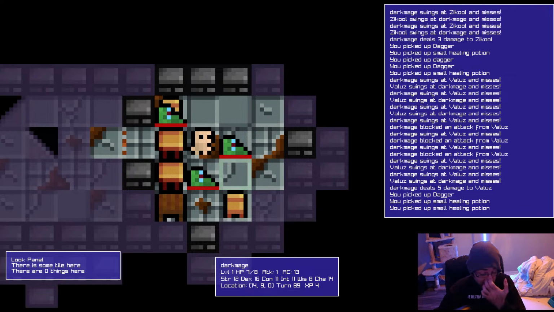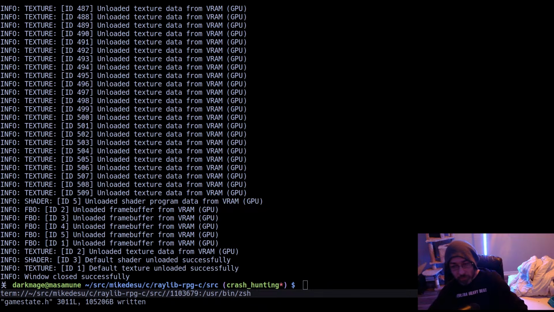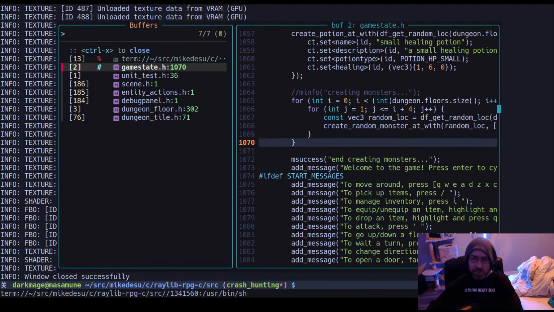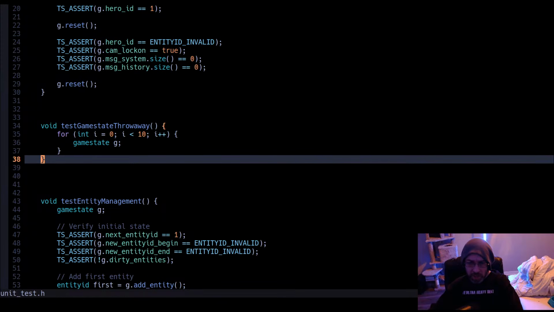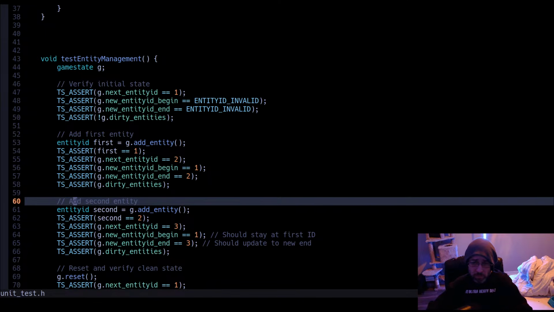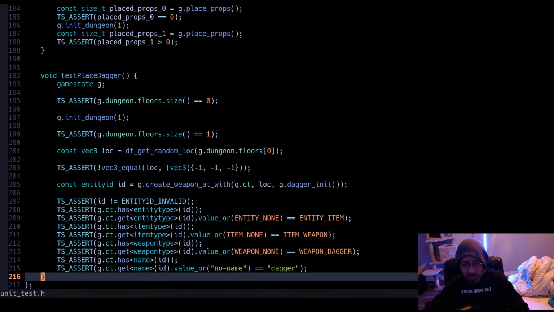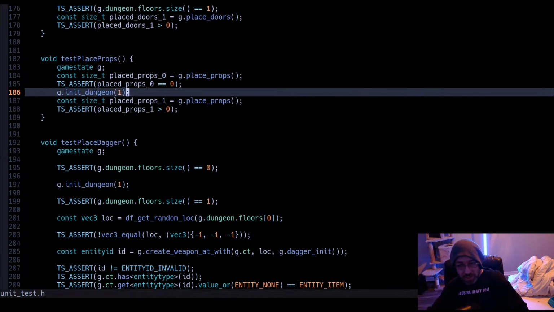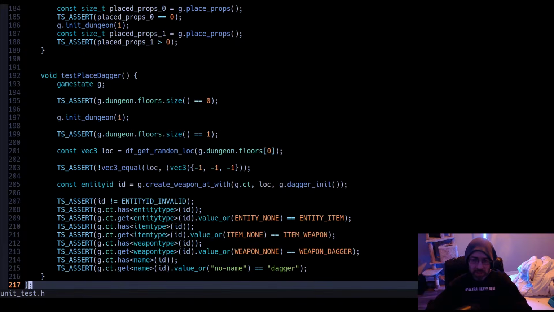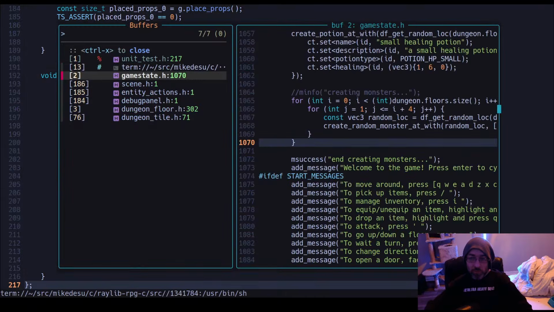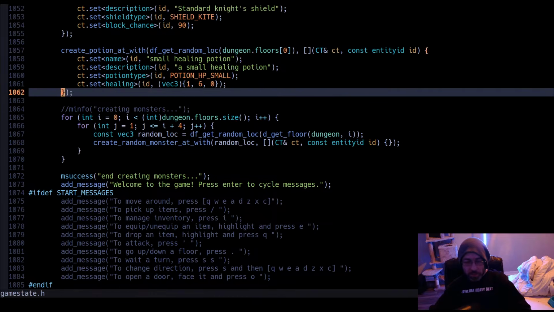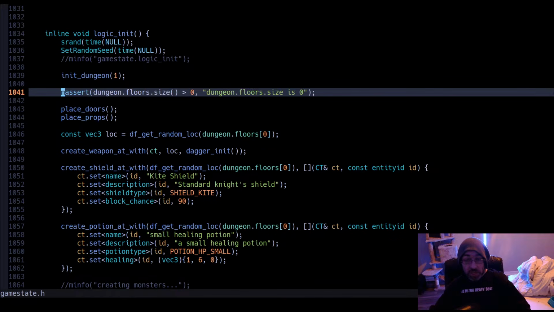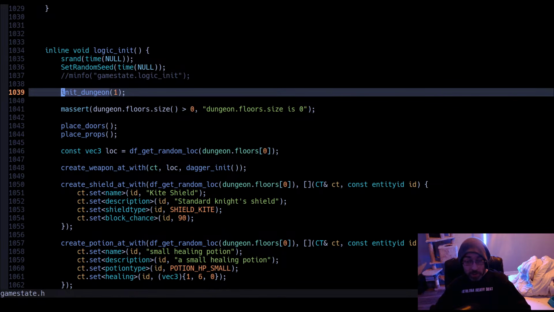But in building out the unit testing framework, one of the big deals that I'm facing is, besides how huge my code has gotten, for instance, as I'm building out little test examples here, a lot of these test examples are based off of how the initial game state actually initializes everything, because we actually create a dungeon.